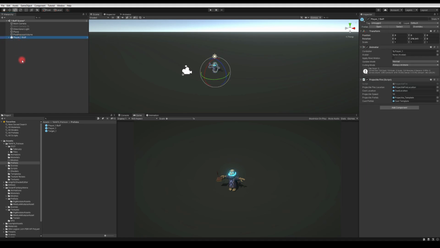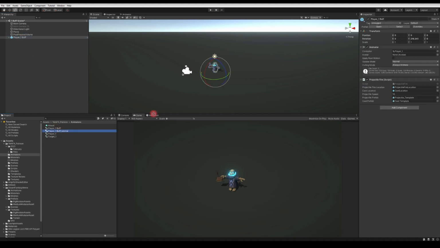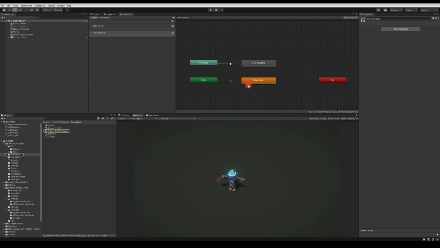So let's fix that. Okay, so what we have to do, we have to duplicate the animator, and let's call it buff. Well, as you can see, I already have a buff there because I did it before, so I'm gonna call it buff tutorial so we can go through together. Okay, so I'm gonna just drag it over here, and in the buff tutorial I'm gonna go into base layer,